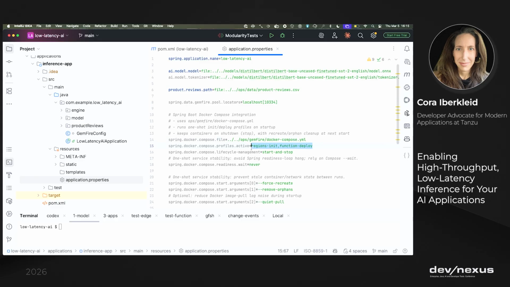And in the Docker Compose file, we have some additional sections that will call scripts or execute code to do the region creation. And also for use case 2, we're going to want to deploy that jar file that's going to do the inference on the data platform. So that's all kind of baked into the Docker Compose file, and we're giving Spring Boot the ability to do the Docker Compose up, Docker Compose down. So all we have to do